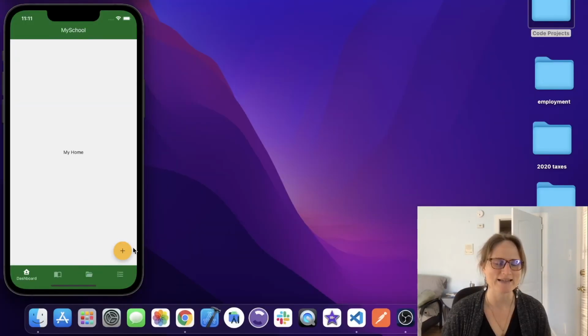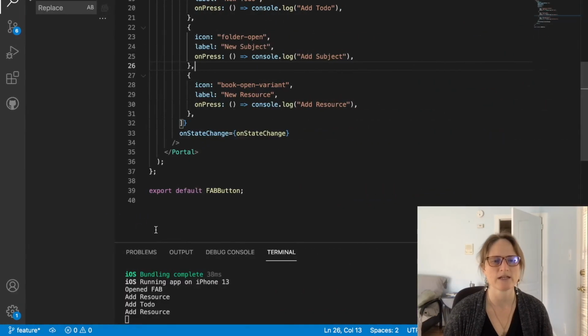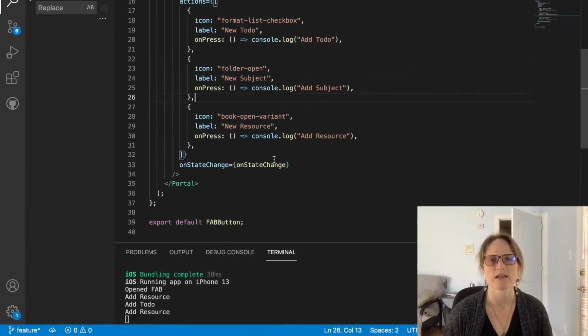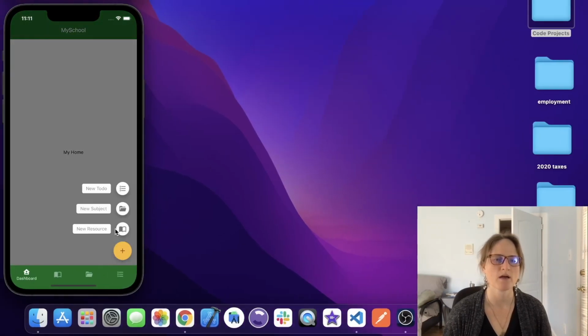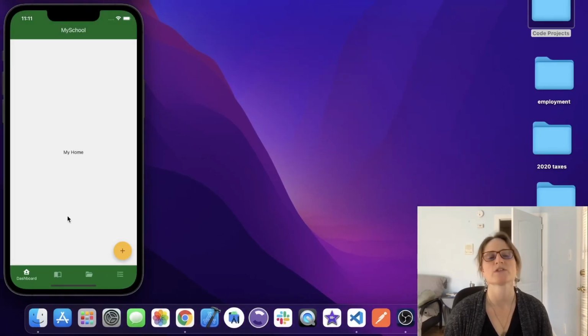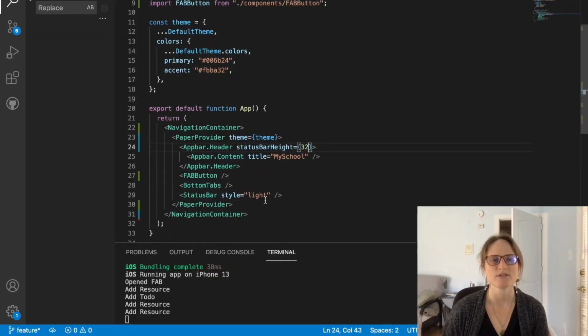It looks pretty nice, but here's how the Fab button looks. Right now, it just console logs everything. When I implement it, it will open a modal, the resource modal. And then I suppose after I create it, I will want to navigate to whichever one it is, resources, subjects, or to-dos. And like I said, I just used it in this